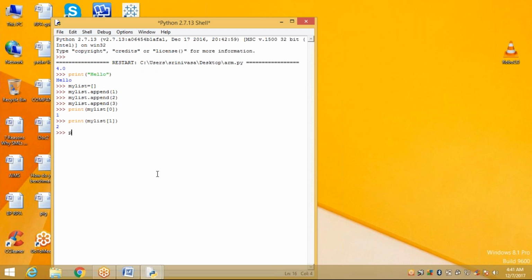The same way, print my list array of 2. Now for x, my list, we use the for x.